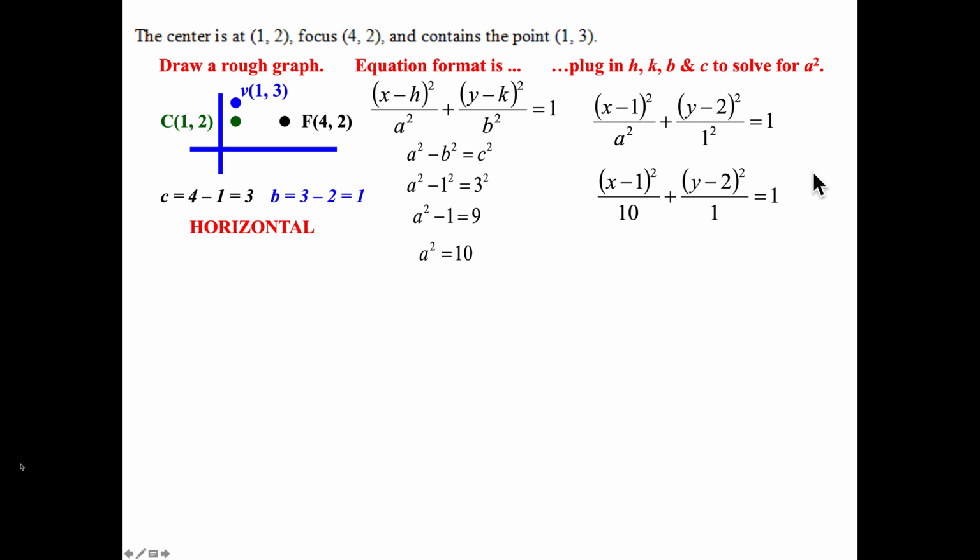Now, like I said earlier, you don't have to put the 1 in the denominator. It's not necessary. But if you're like me and like to have the two fractions, knowing that you're working with an ellipse,